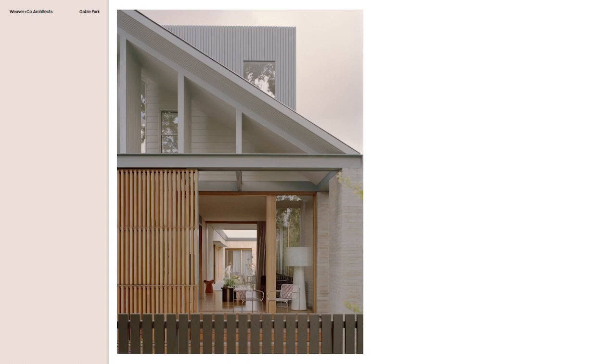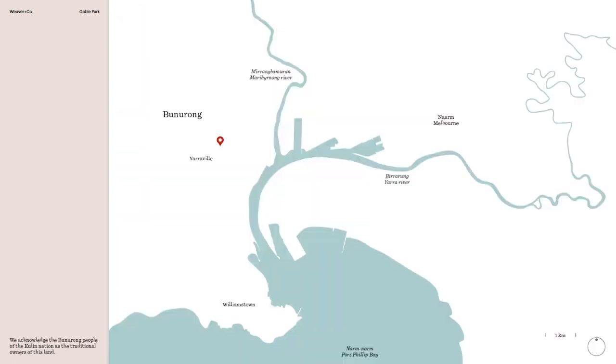Hi there, I'm Martin Weaver from Weaver+Co Architects, presenting our first completed house, Gable Park. It's located in Yarraville on Bunurong country, and we acknowledge the Bunurong people of the Kulin Nation as the traditional